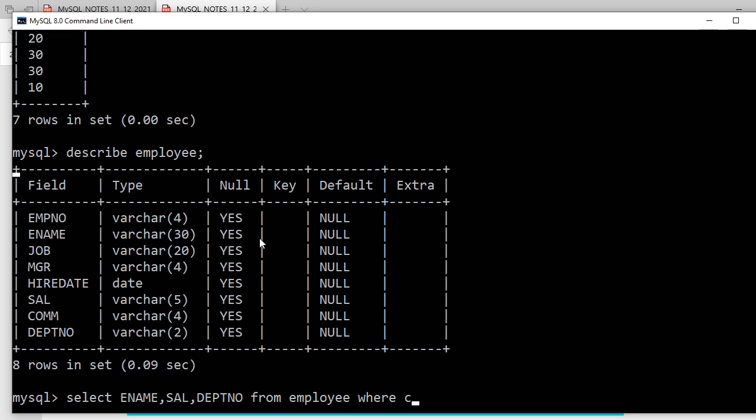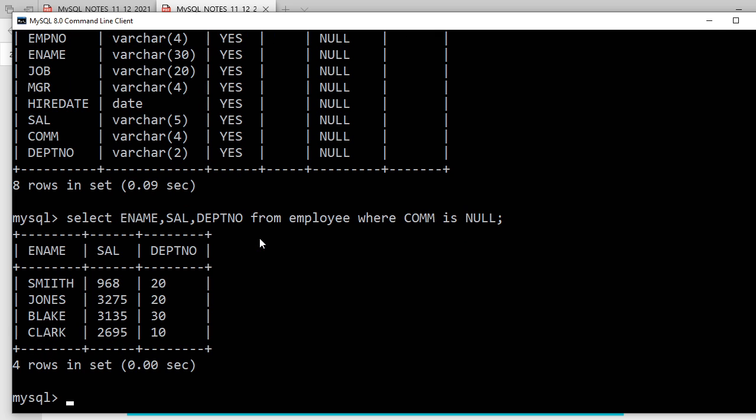Where commission equal to null? Is it correct? No, not equal to. Where commission is null. Whatever we select, it is going to print where commission is null.